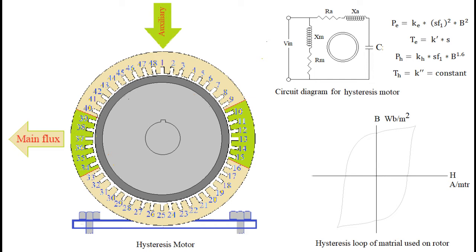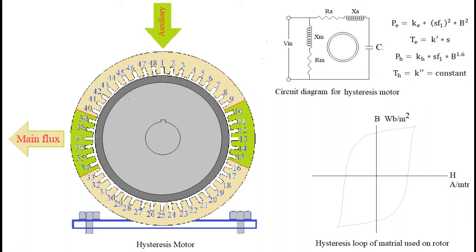So the speed at which the rotor rotates is synchronous speed. The characteristic curve shown on the slide has a high value of coercive force and also a high value of residual magnetism. These values are the intersections of the hysteresis curve with the H-axis and B-axis respectively. Due to the large value of coercive force and residual magnetism, the area within the hysteresis loop is also large. The center of the magnetic axis of the stator field and the center of the magnetic axis of the rotor pole have some angle between them, and it remains constant for all times.